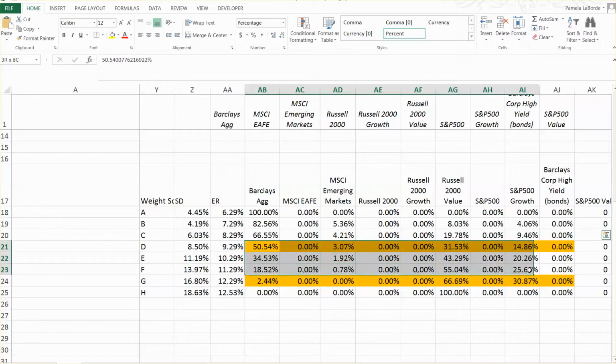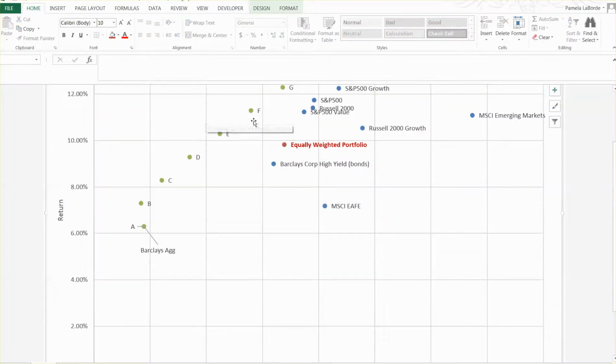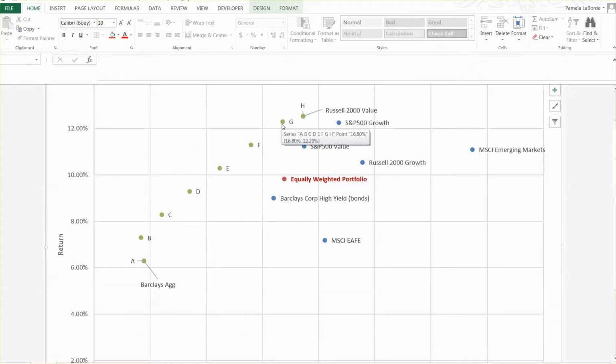You would have had to put about half of your money in the Barclays aggregate, 3% in emerging markets, about 32% in the Russell 2000 value, and about 15% in the S&P 500 growth. And point G would have required an entirely different weighting scheme with most of your money in the Russell 2000 growth. Whoops, that's going to pop you, what did I say? That was point G. That's going to pop you way over here. So